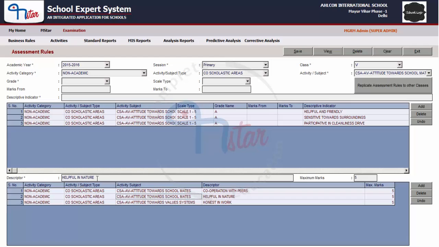The details appear in the respective fields and change or update the descriptor as required. After this, click on button add and the descriptor as changed appears and overrides the existing descriptor. After this, click on button save